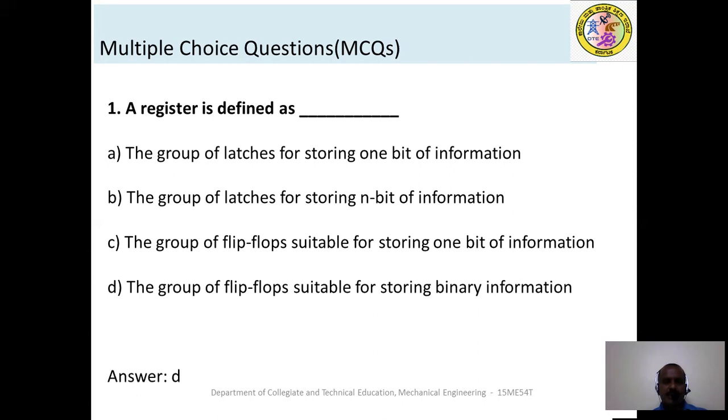The answer is D, a group of flip-flops suitable for storing binary information.